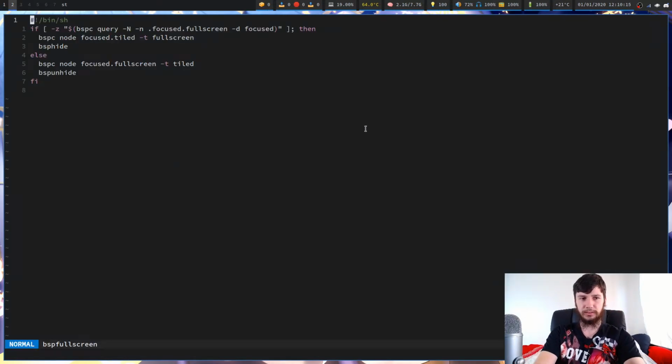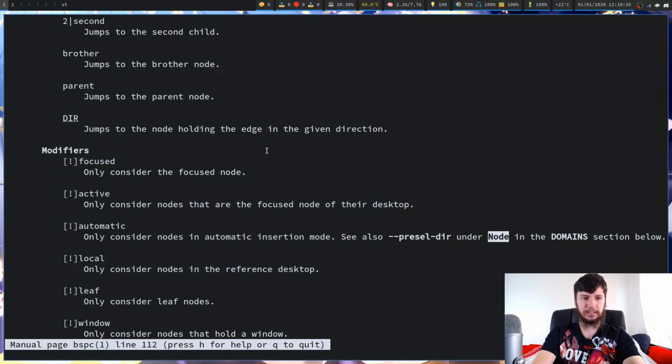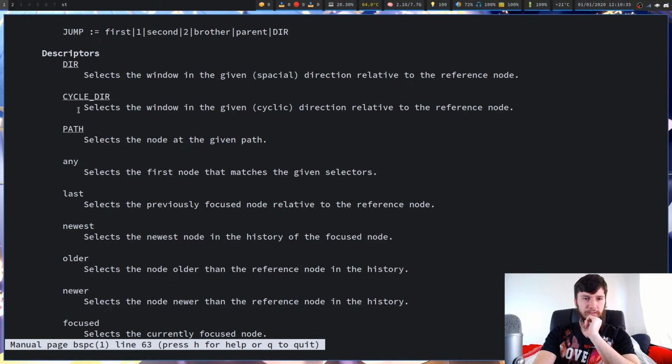So if we have a look over here, we've got this example. I'm selecting the focused node. In this case, focused isn't the modifier, it is the descriptor, and the modifier in this case is tiled. Unless I'm mistaken, you can't actually chain the descriptors together, but you can use any of these descriptors